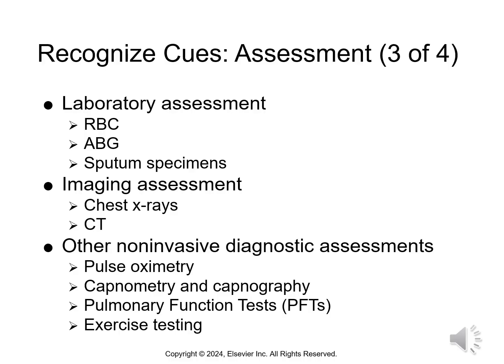A type of cue we can assess in laboratory and diagnostic testing would be the red blood cell counts and our arterial blood gases, which we learned about in the last chapter. Sputum specimens are a good place to start and the least invasive. The next line of assessment would be the imaging through a chest x-ray or a CT, which is a computed tomography, with or without contrast. This lets us see how the lungs are handling breath coming in and out and if there's any vascular issues. And the next and still non-invasive thing is